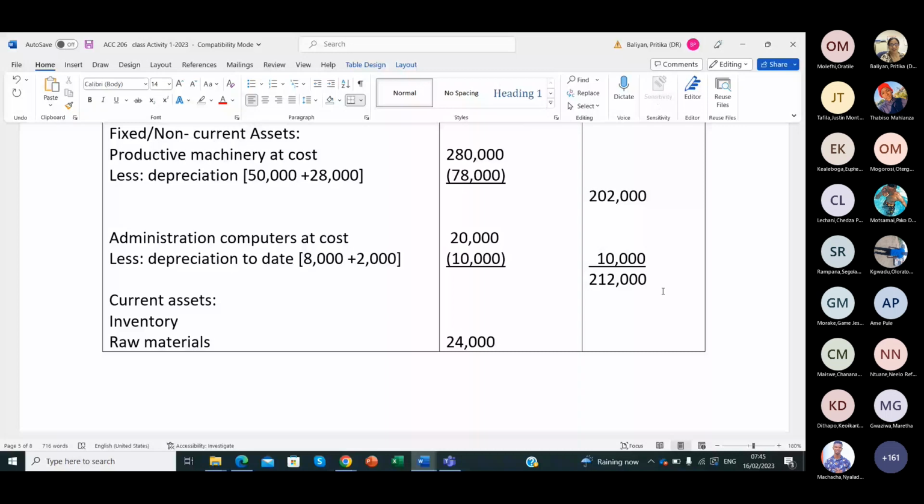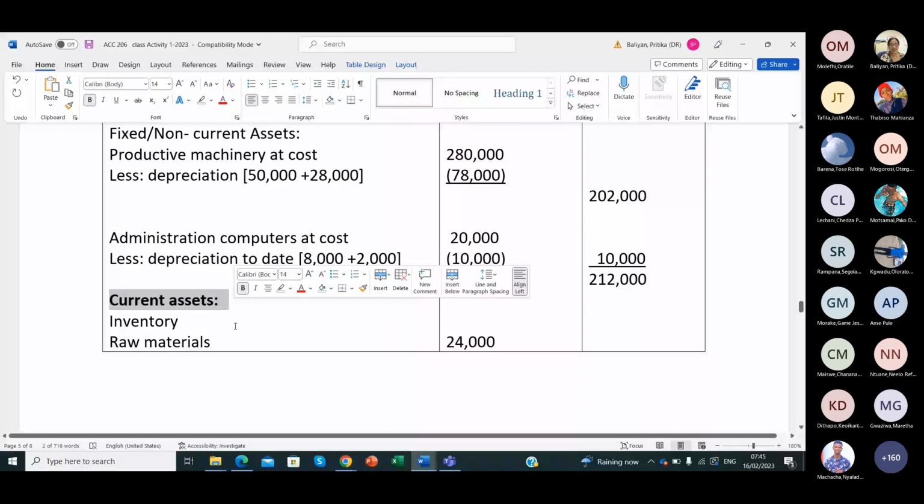Then the second subheading in the statement of financial position after non-current asset, the next one is current asset. So now you have to look in the question what kind of current asset the manufacturing business has. You look from the top, inventory. Those amount we already accounted, you can tick them. So you know that, okay, this one we already taken. So in current asset, we always start with the closing inventory or inventory end of the year. So you can say inventory at the end of year,